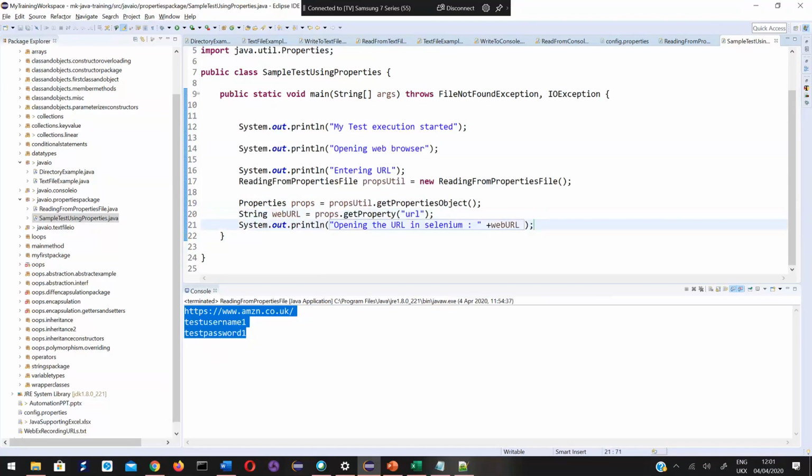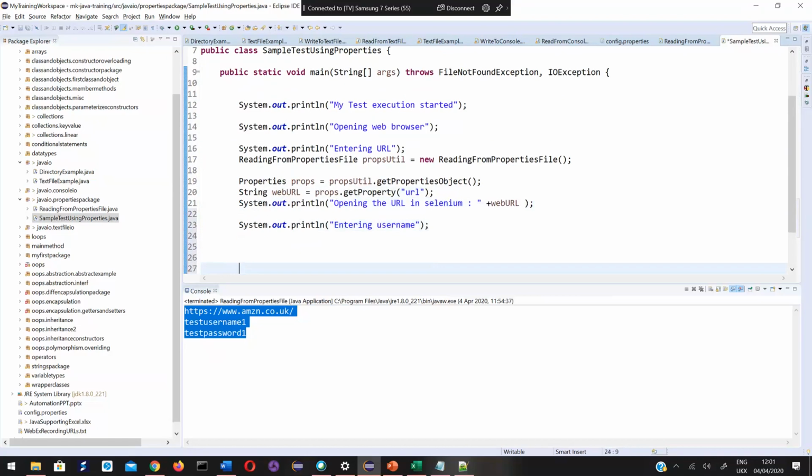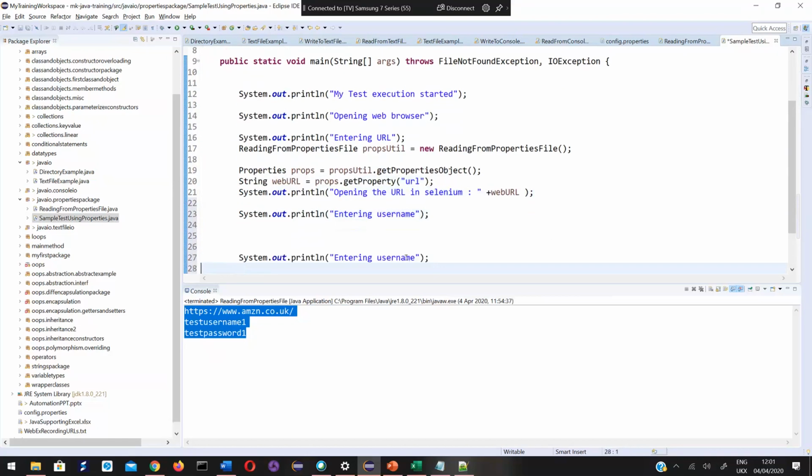Similarly, entering username, entering password.